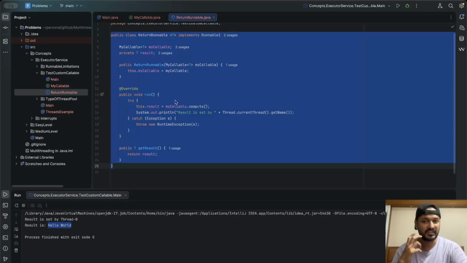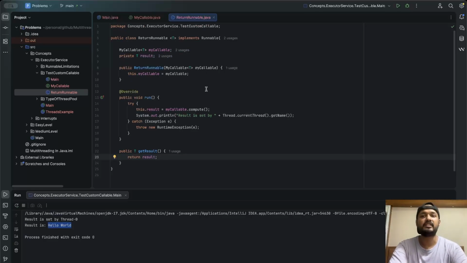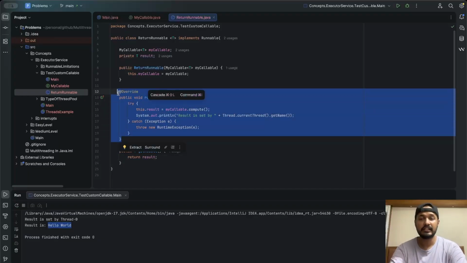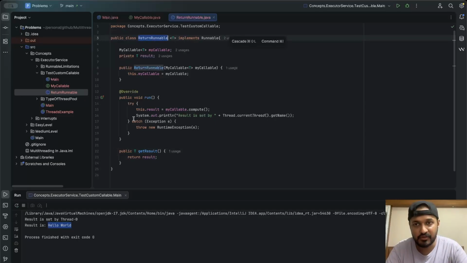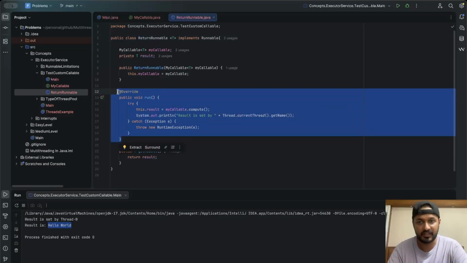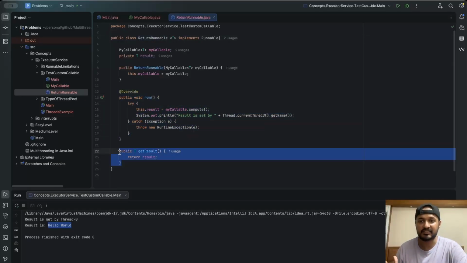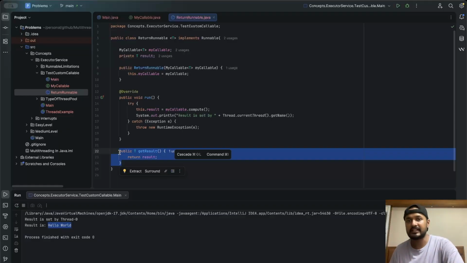Correct. Now you can see the purpose of this return runnable class. This return runnable class is responsible for running the logic of the thread as well as returning the result. Now let's separate these two things, right? So return runnable should only execute something, and the other concern, returning the result, let's separate from return runnable.